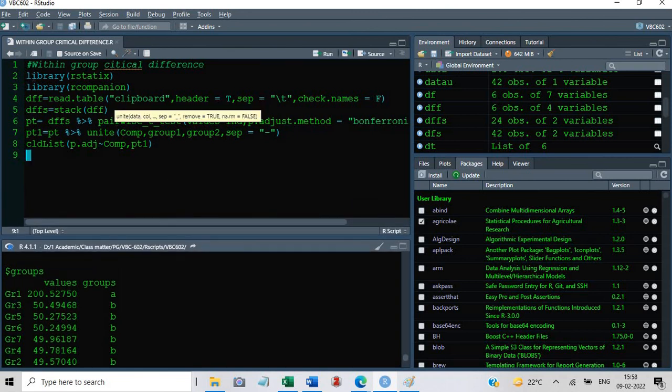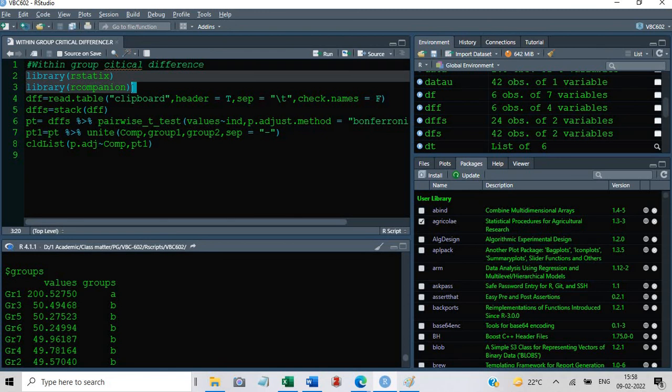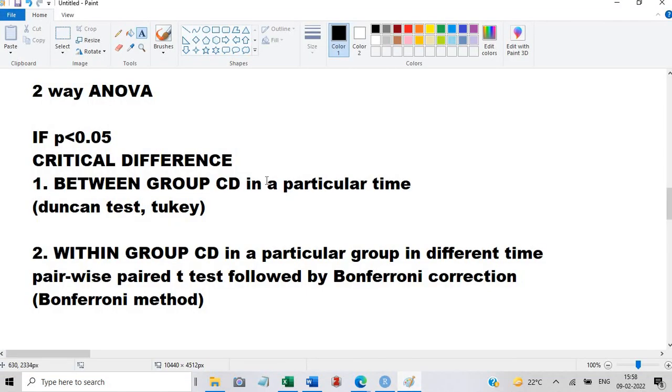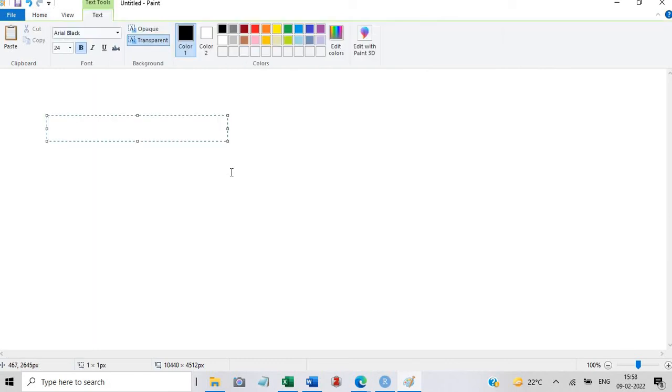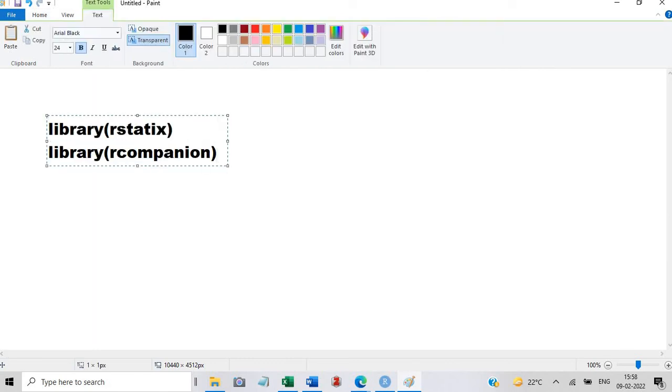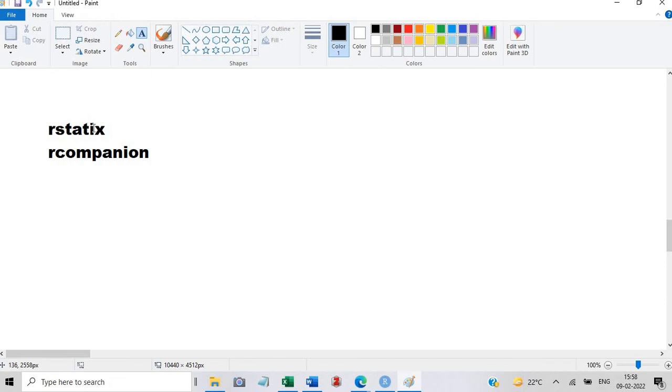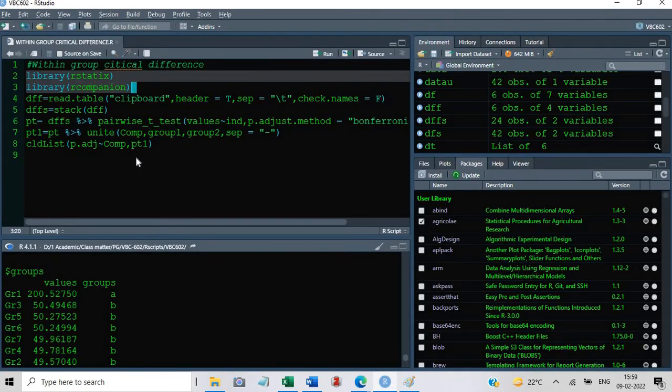For within group critical difference, we require 2 packages, and they should be installed on your computer. One is Rcompanion and the second one is rstatix. You can install these 2 packages, and after installation you can do it. For installation you require an internet connection, but for carrying out all these things you do not require internet connection. Only for installation of the packages do you require internet connection.